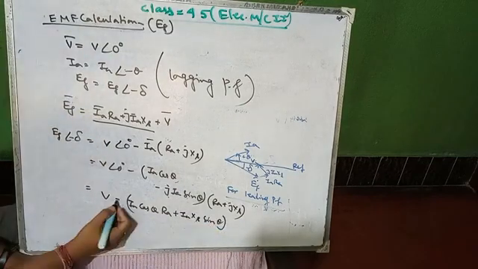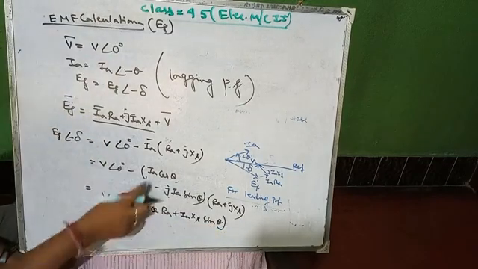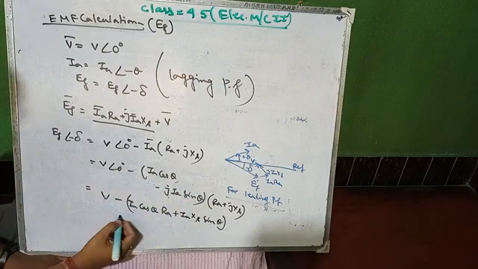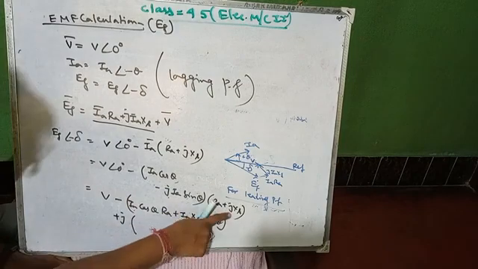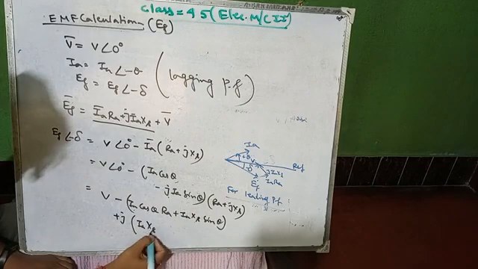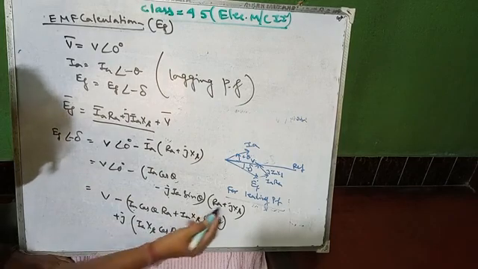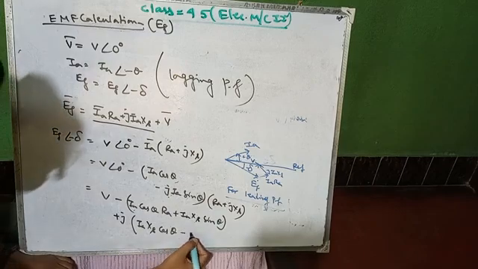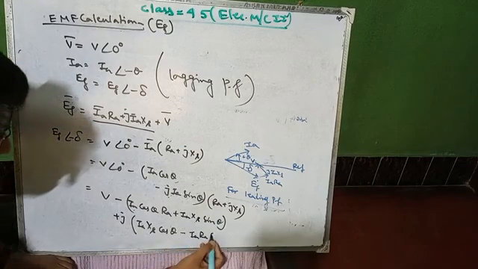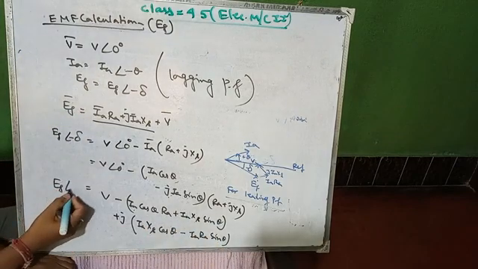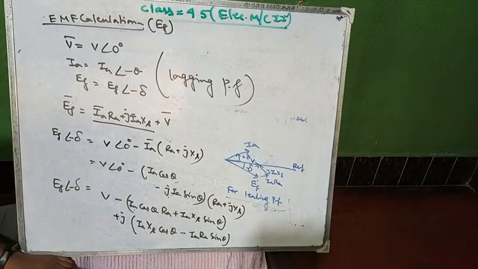So this is the real part from this multiplication, and the imaginary part will be plus J. Taking J outside: IA XS cos theta, and when multiplied with this one, minus IARA sin theta. So this is your EF angle minus del.